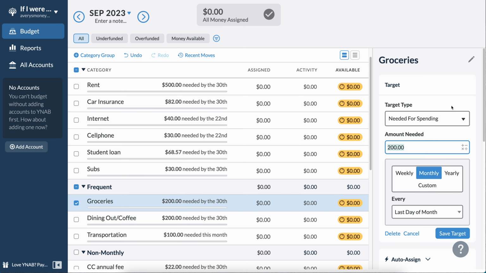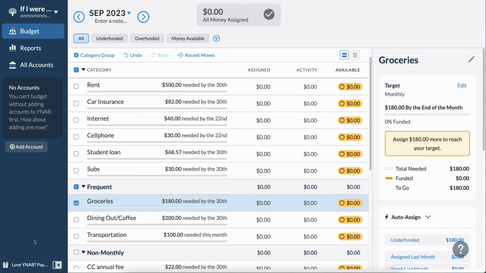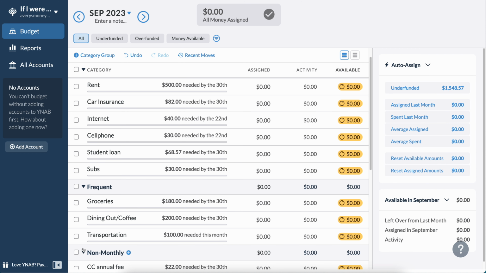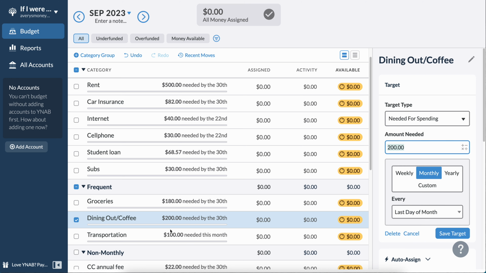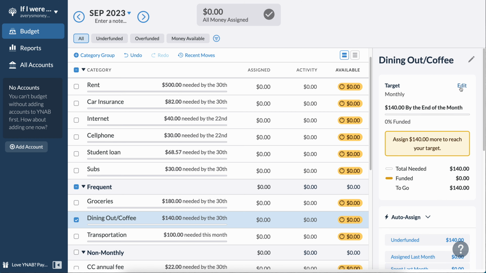Groceries, $200. I honestly probably could drop this down to $180. Just being honest, I know the price of groceries is really high. Dining out and coffee, there are different ways to get outside of the house that don't require going somewhere and spending money. You could go to the library and hang out there. I could volunteer more, because currently I'm doing no volunteering, which is terrible, but I just run out of time throughout the day. So maybe if I had about $35 a week, so what's 35 times 4? $140. So let's just round up to 150.